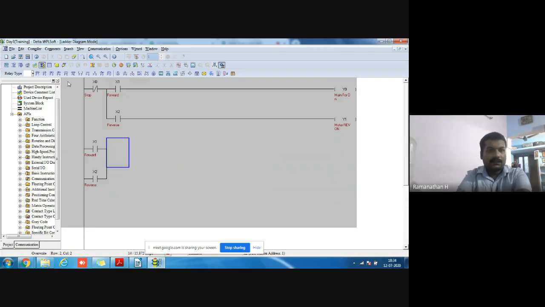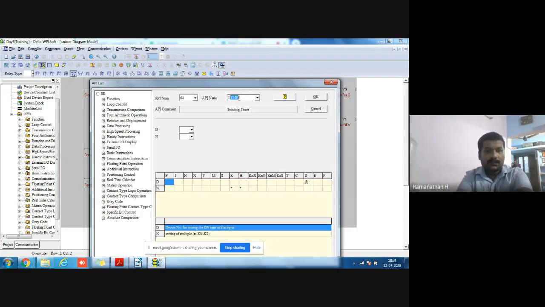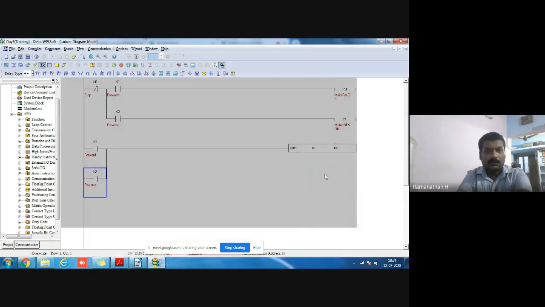Here I add one timer, TMR. First condition: forward coil on or reverse coil on, anything on, the timer must be on.